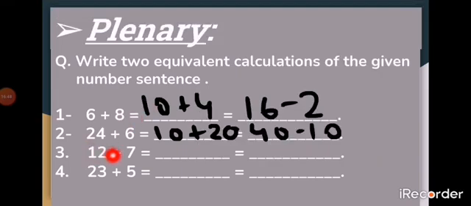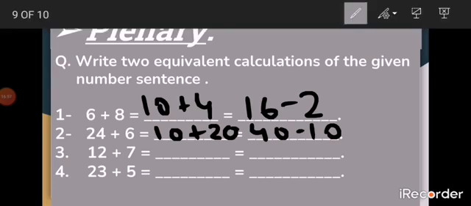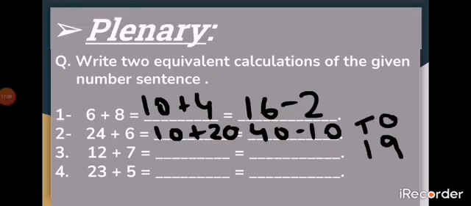Now next part, 12 plus 7. So put the bigger number 12 in mind and count on 7. 12, count on 13, 14, 15, 16, 17, 18, 19. Stop. The answer is 19. Now put the value. On the extreme right digit, you will write O for ones. And the next digit, you will write tens. So how many tens and ones are here? 1 ten and 9 ones.